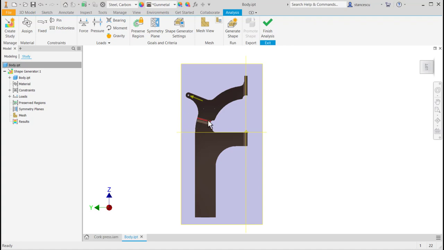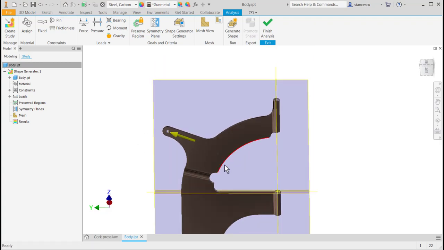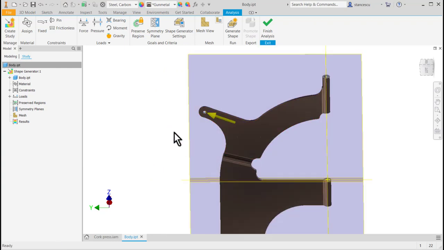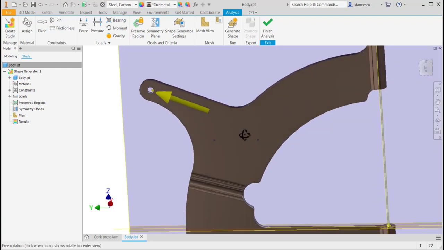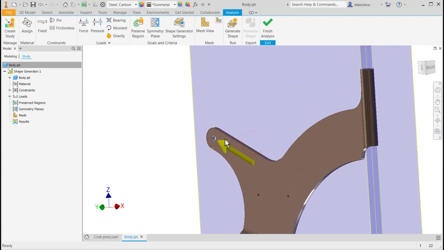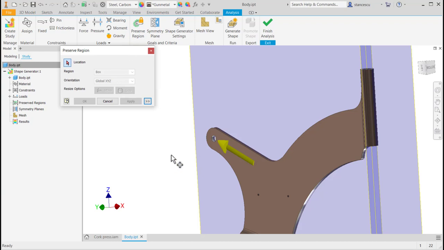Next thing to do is to indicate what parts of this large part must be preserved, which means not changed anyhow, and you use preserve region to show that regions of the part. For instance, you show this and you have